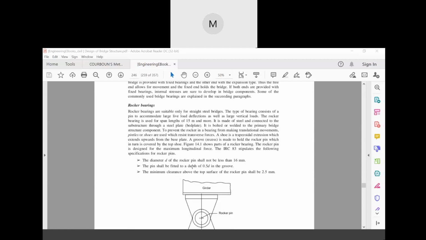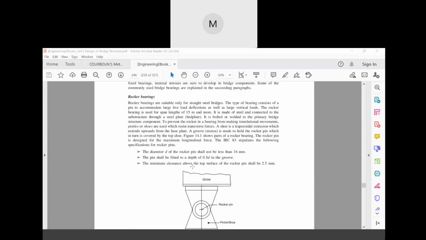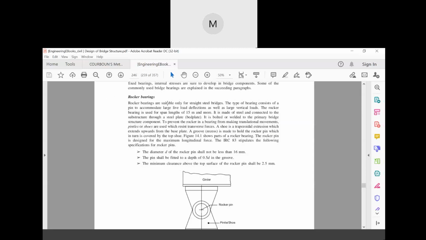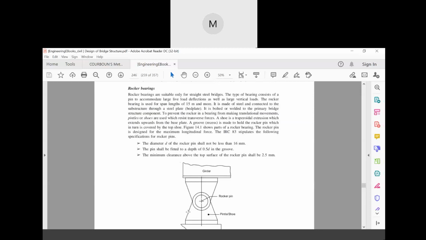Some of the commonly used bearings. Number one is the rocker bearing. Rocker bearings are only suitable for straight steel bridges. This type of bridge bearing consists of a pin, that means a rocker pin, to accommodate large load deflections